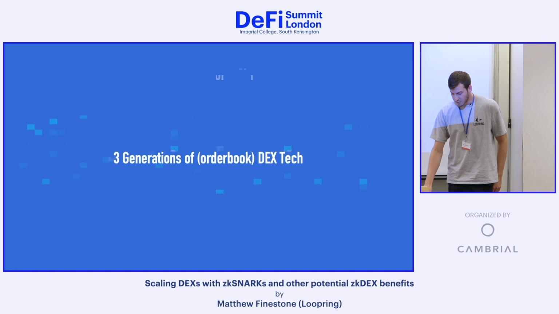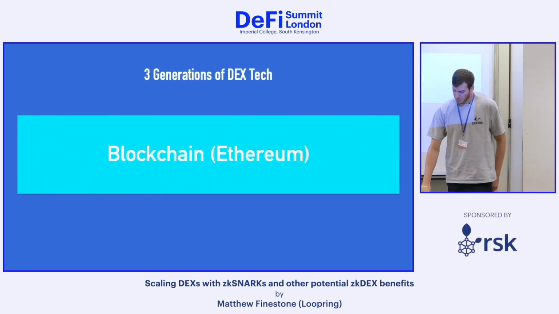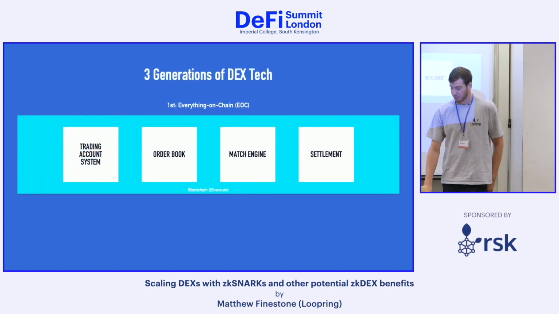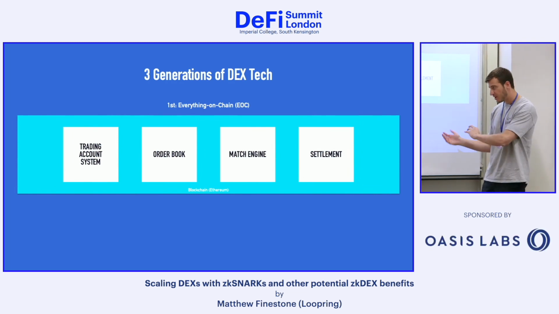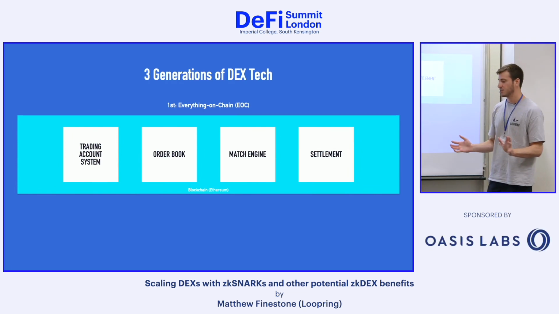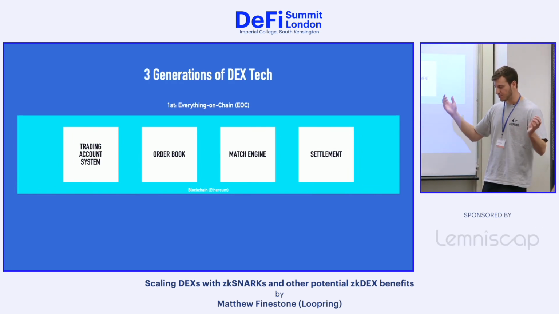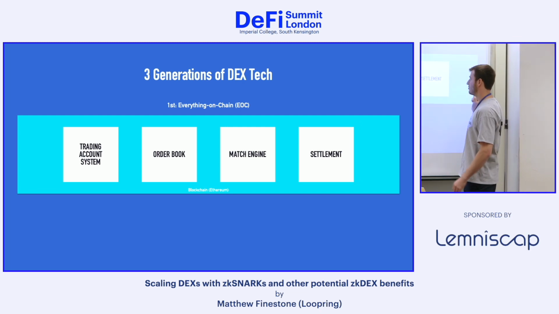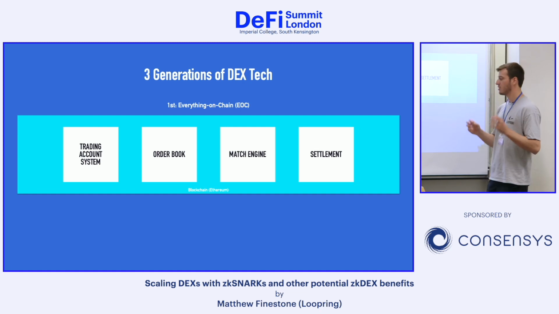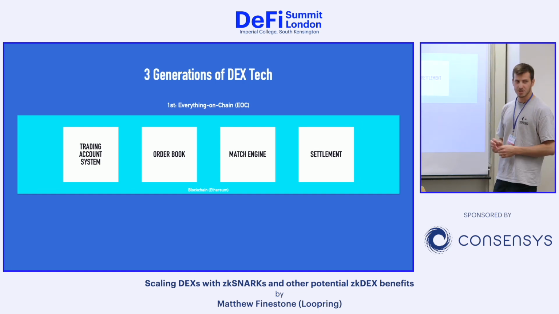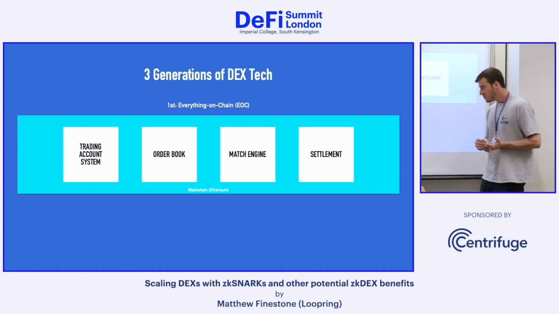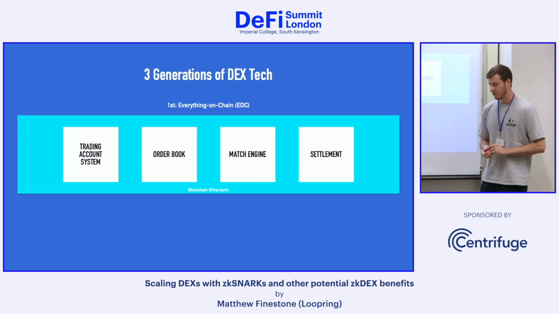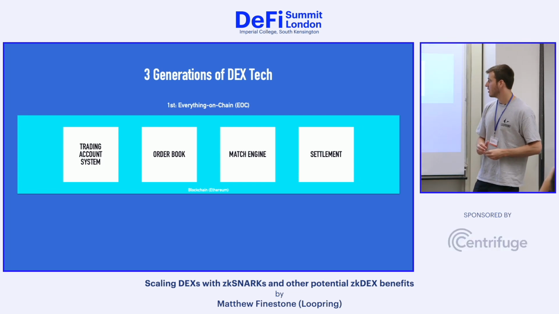So first, actually, we didn't deploy this one, we skipped this one. This is just everything on chain, like the initial EtherDelta, where everything is on chain. So you send your orders there, you're matched there, you're settled there. That is the most naive implementation, although maybe some people would go for those properties,